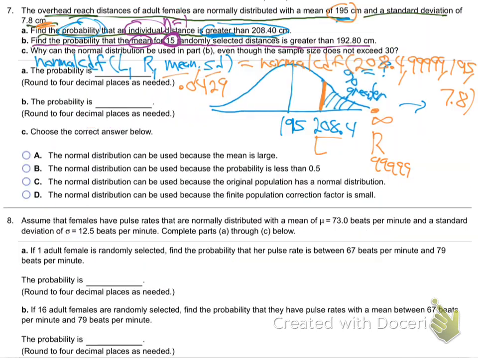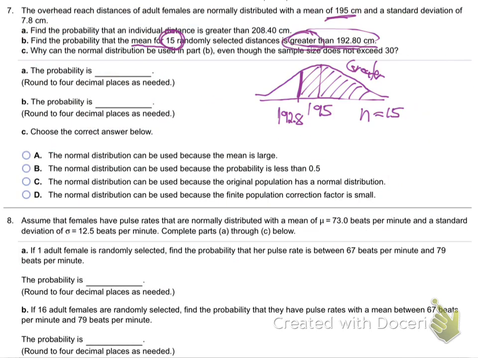Okay, let's do it. So I'm going to write normal CDF, left edge, right edge, mean, standard deviation divided by the square root of n. So it's going to be normal